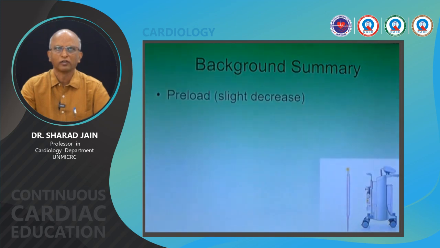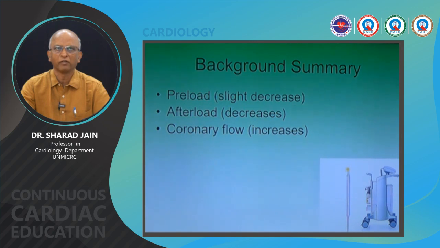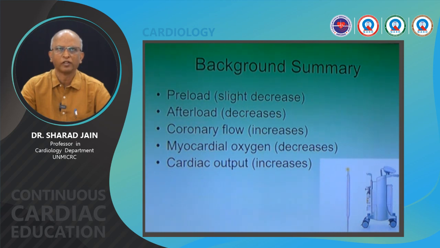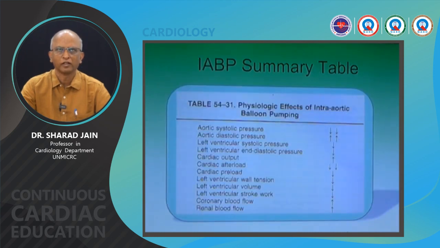So, in the summary, there is a preload that is slightly decreased, an afterload which is decreased as a result of the IABP, the coronary flow which increases, myocardial oxygen supply increases and myocardial oxygen demand decreases, and cardiac output is absolutely increased. So, there is a decrease in the aortic systolic pressure, and an increase in the aortic diastolic pressure,